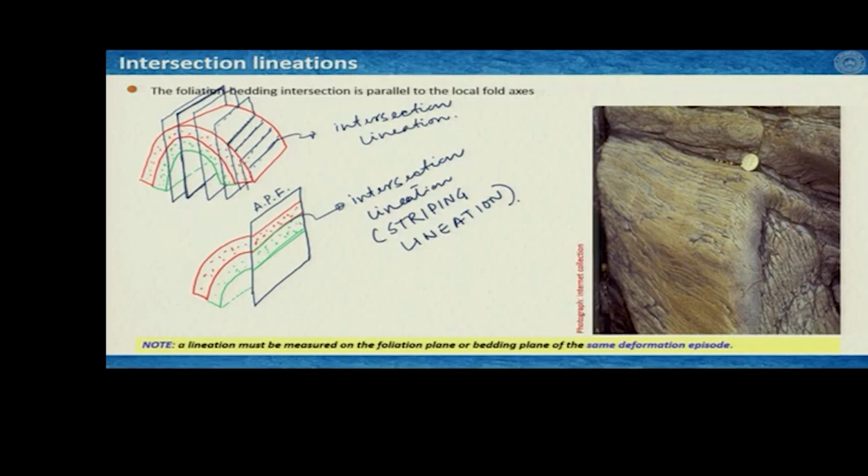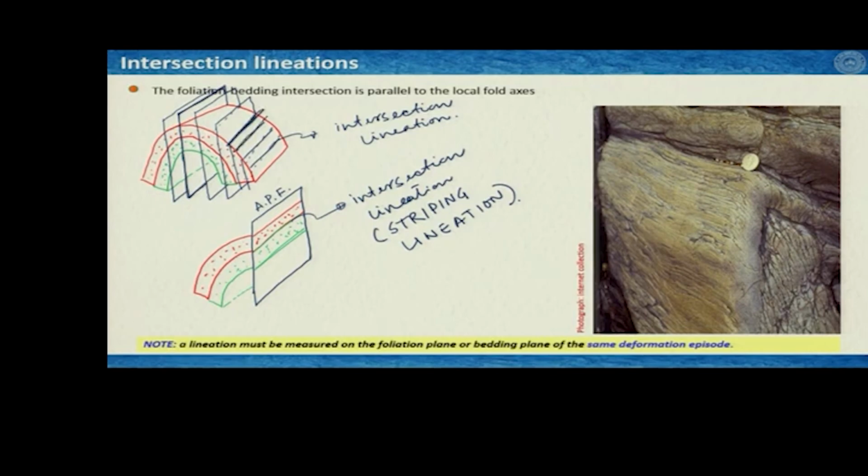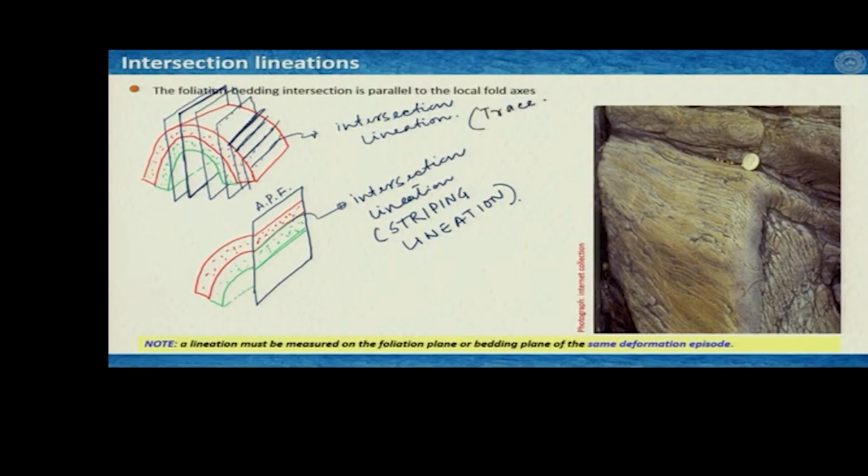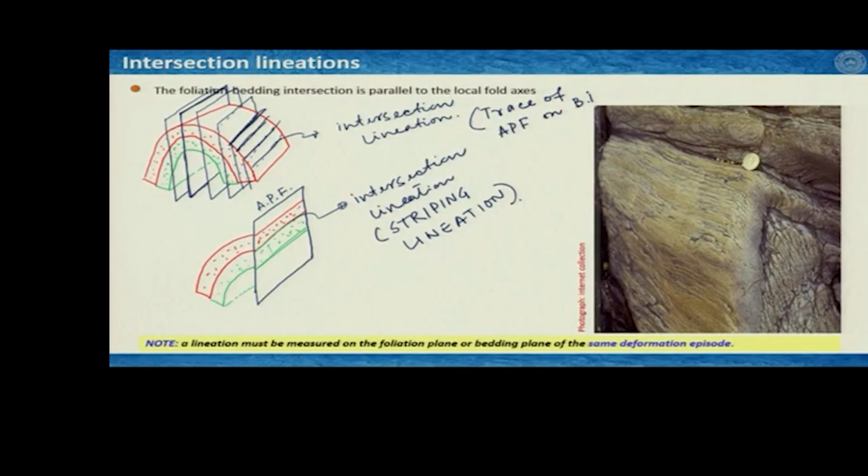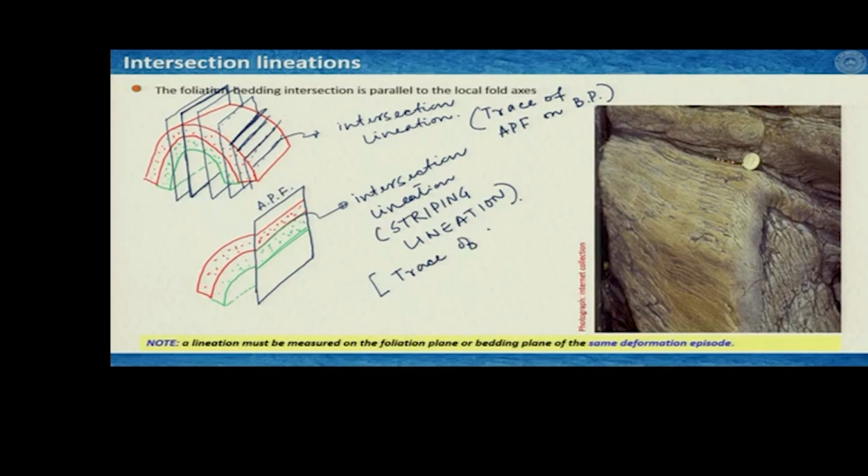Now, we see that the trace of axial planar foliation on the bedding plane, in this case if we measure their orientations. So, this is trace of axial planar foliation on bedding plane, and this is trace of bedding planes on